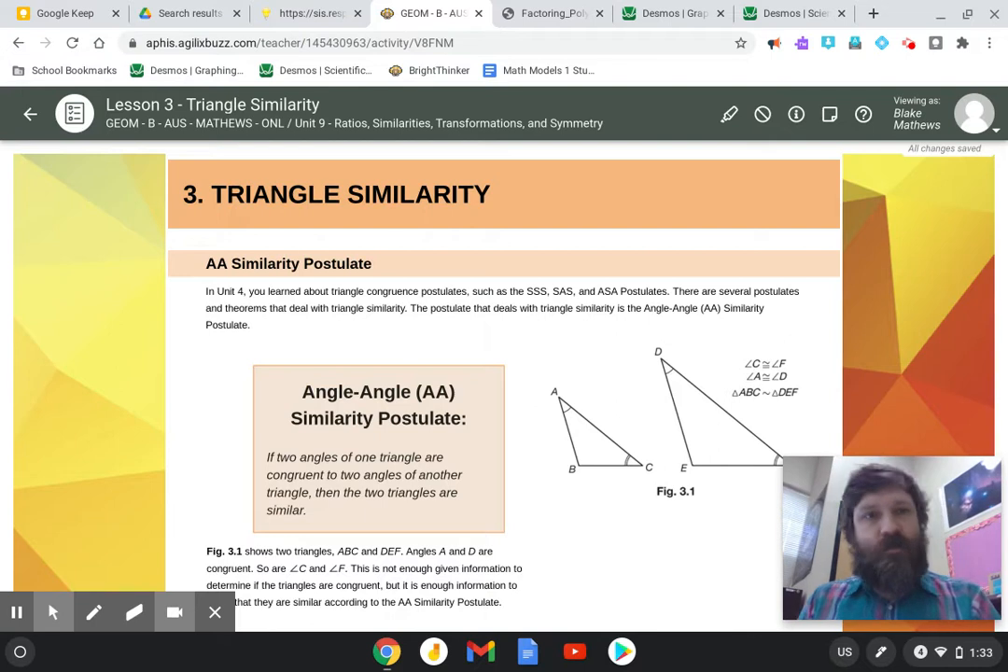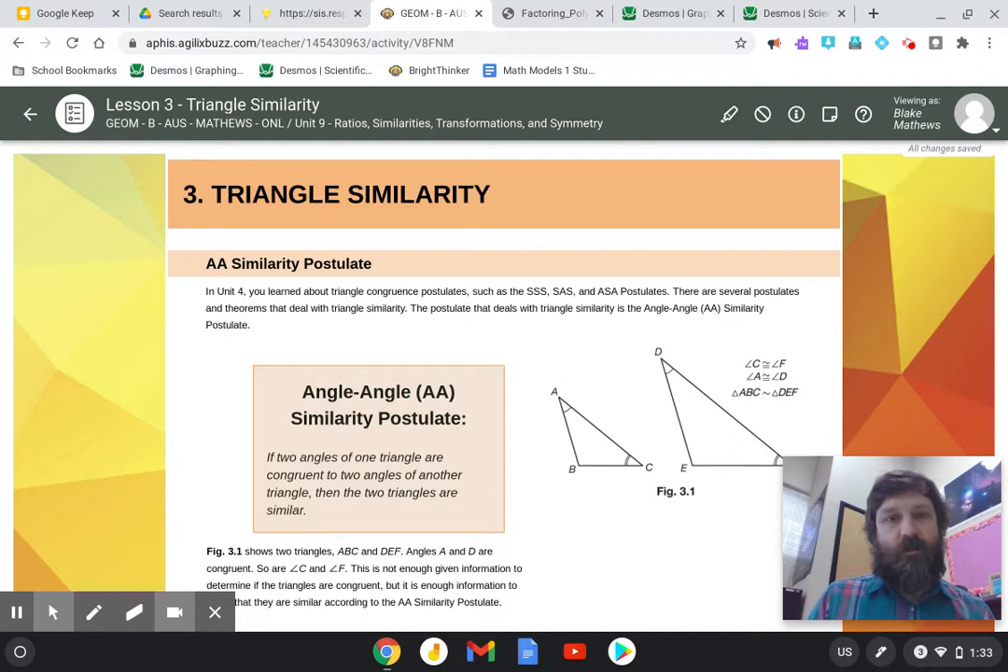All right, this is the Geometry Unit 9 Lesson 3 video over triangle similarity. This will be a pretty short one. The first thing this lesson is going to talk about is the ways that we can prove that triangles are